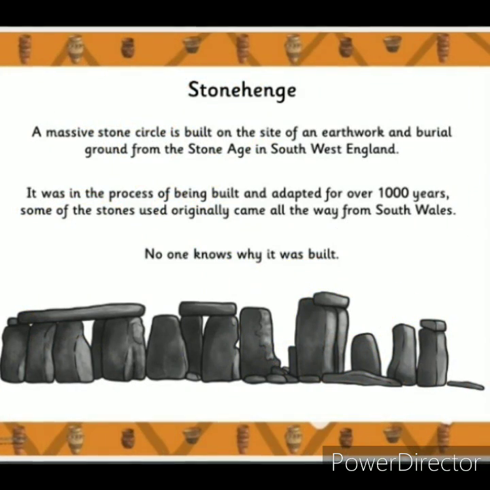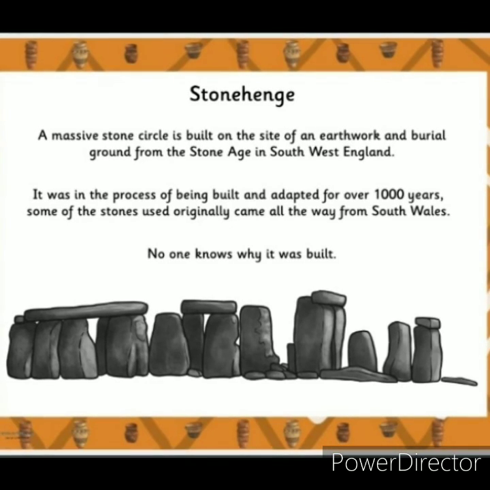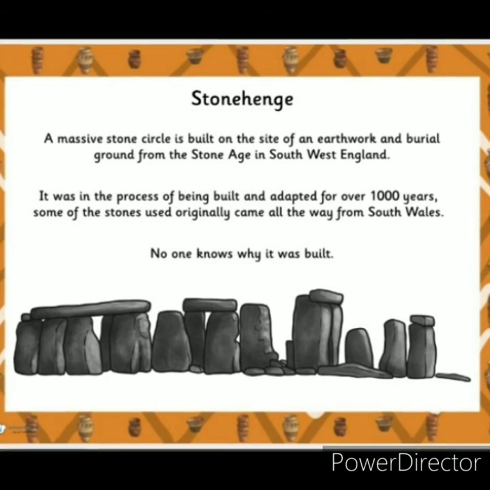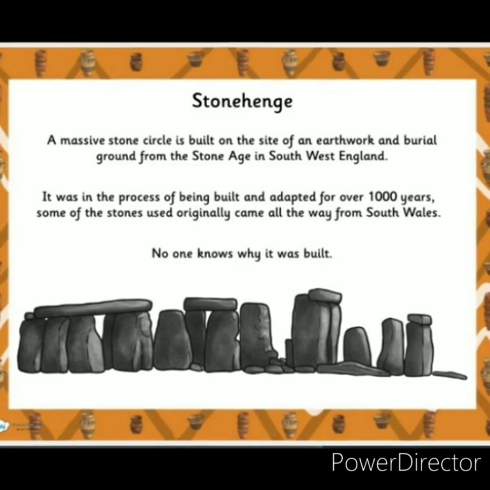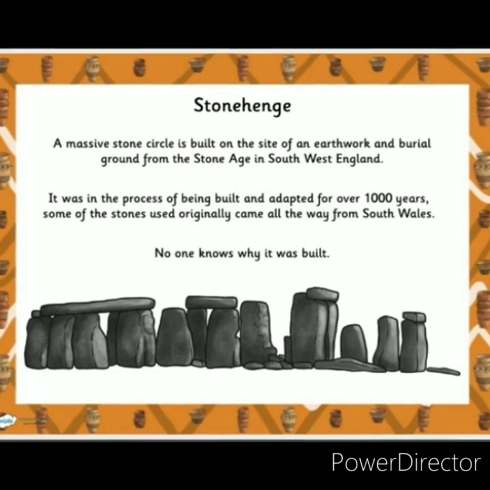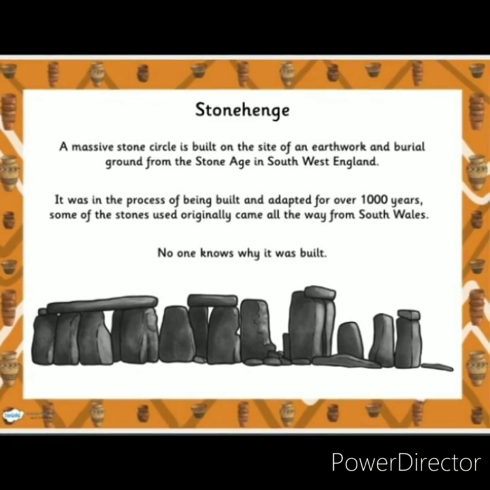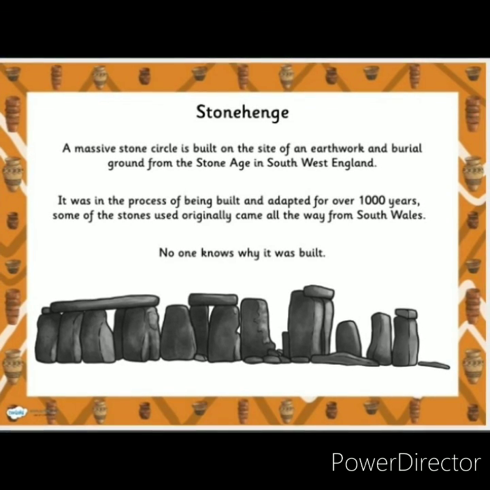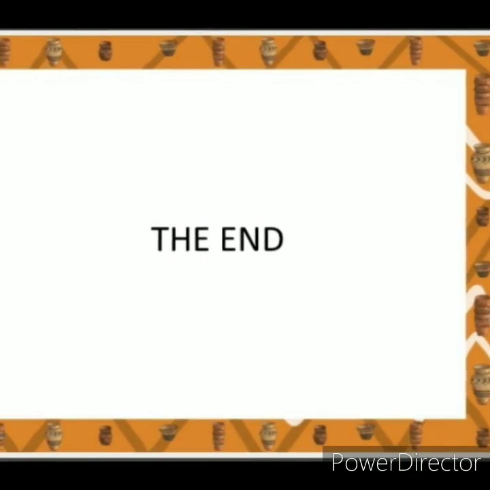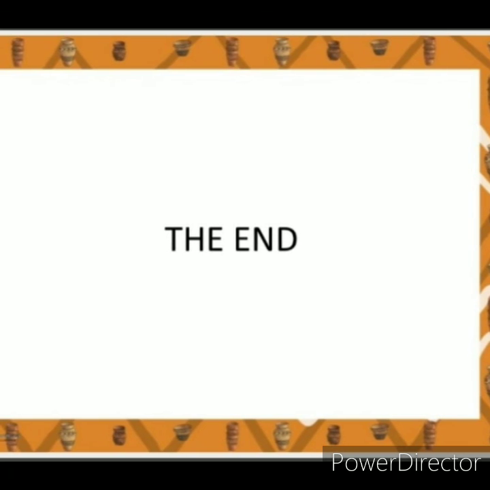Now in the Stone Age, if you see, a massive stone circle was built on the site of the earthwork and burial grounds from the Late Stone Age in southwest England. You must have seen on television these great and big stone henges. Dear students, have you ever seen these sites on television? It was in the process of being built and adapted over 1000 years. So no one knows why these stone henges were built, but yes, we know that they were built. So students, this is the end of the Calcolithic age,